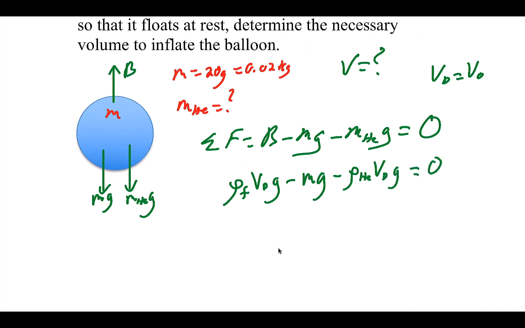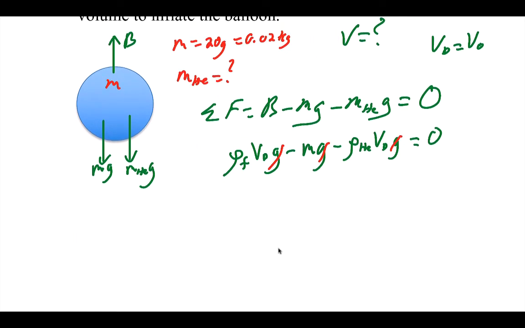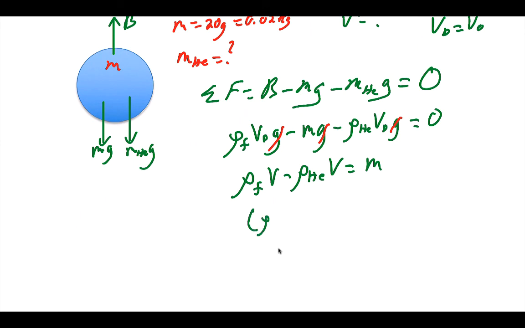That equals 0. Quick step, let's get rid of all our gravities because they will simply drop out. Now what I want to do, a little algebra here, is I want to put these two volume things on one side with the mass of the balloon on the other side. That allows me to factor